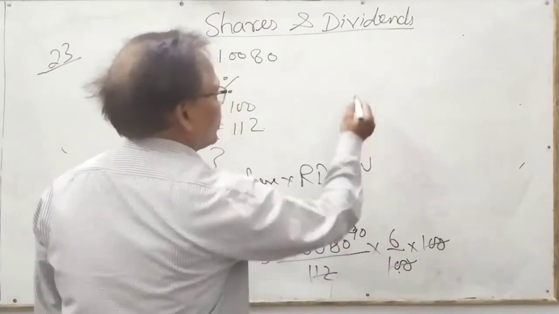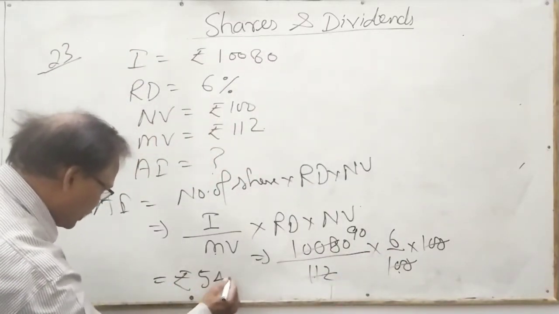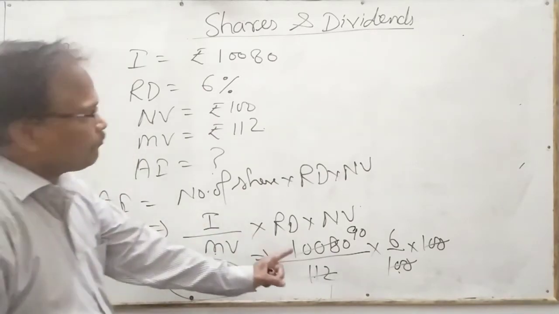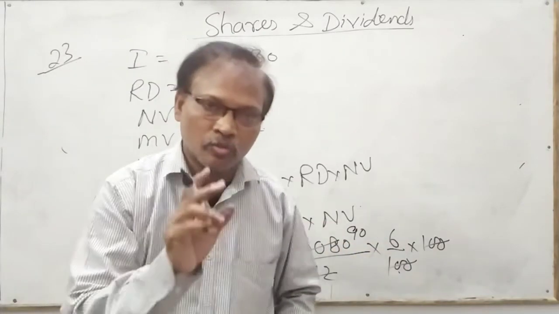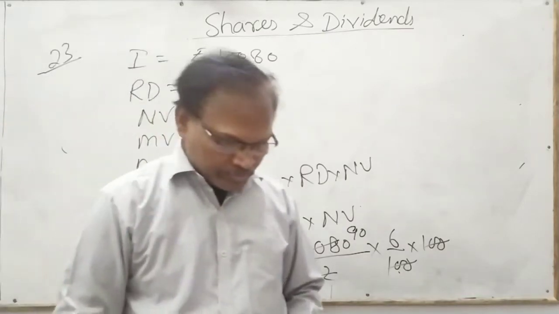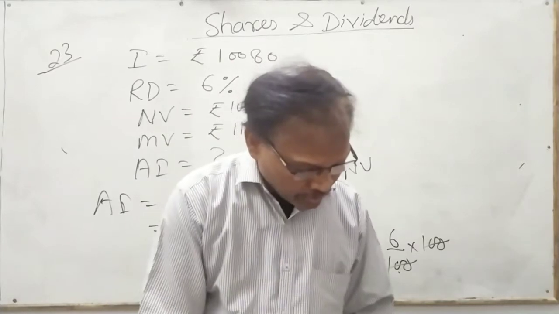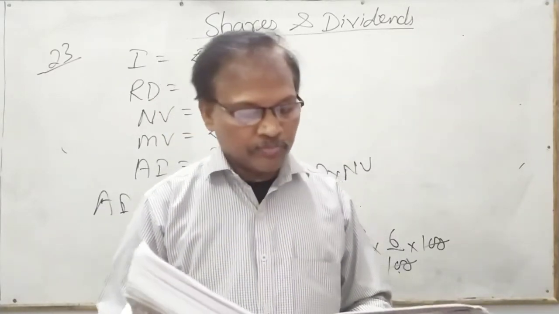90 into 6 is 540. So ₹540 is the value, meaning the annual income for this type of share. 90 shares में 6% के हिसाब से उसको कितना मिला? You will get 540. Now, the second part of the question is this: when the shares fall to ₹96, he